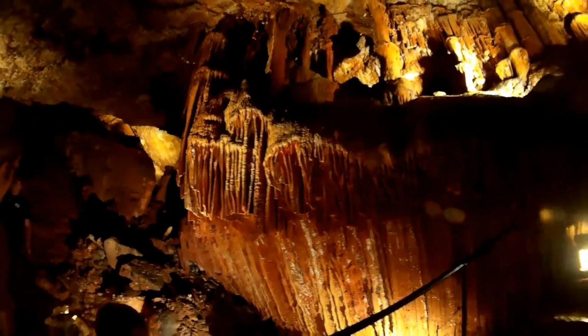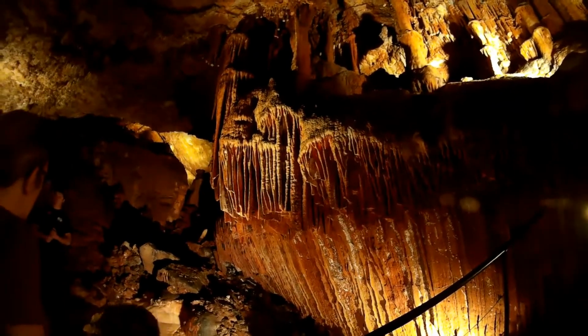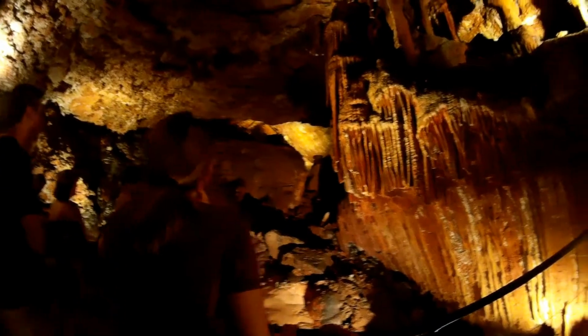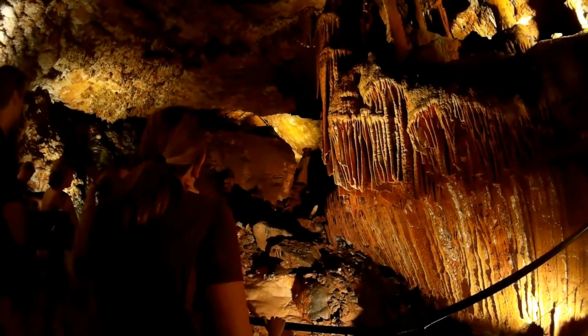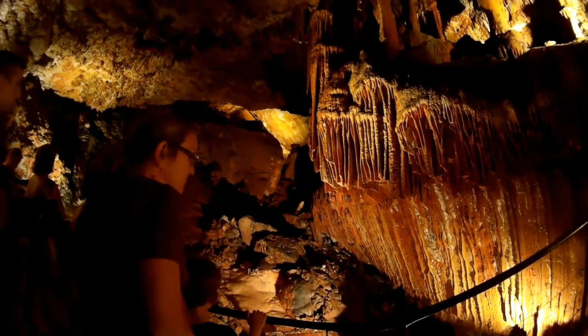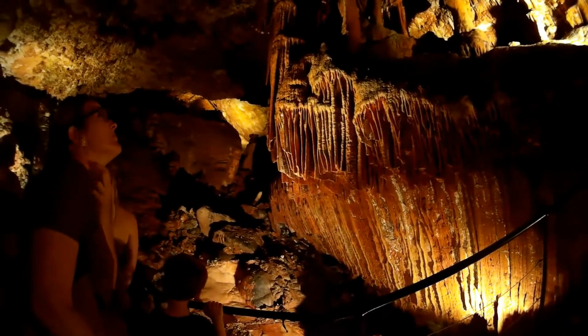What he's telling us here is, I guess at some point this part of the cave was covered in a lot of mud and everything, and so when they cleared it out and they cleaned it all off, they discovered these cool formations that look kind of like gills here, and then there's